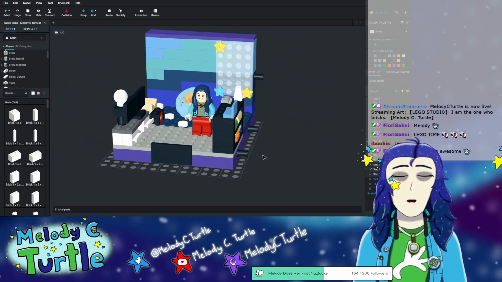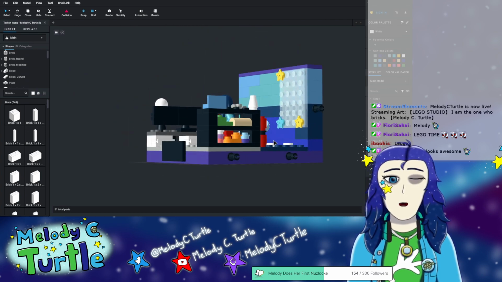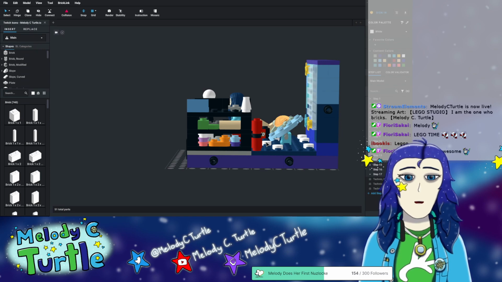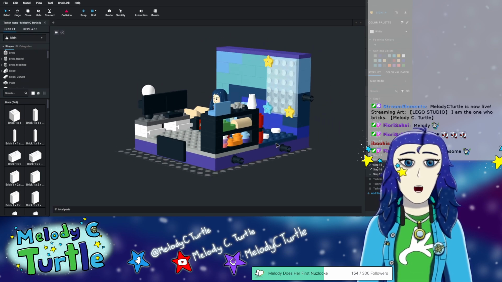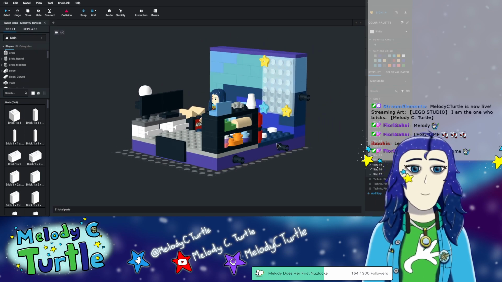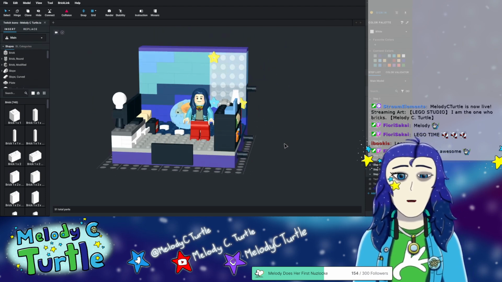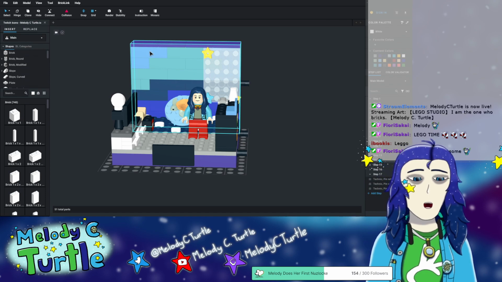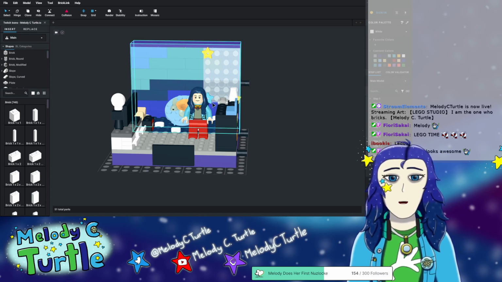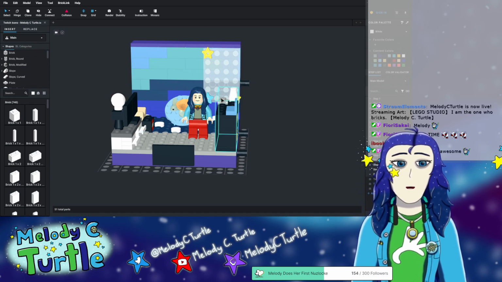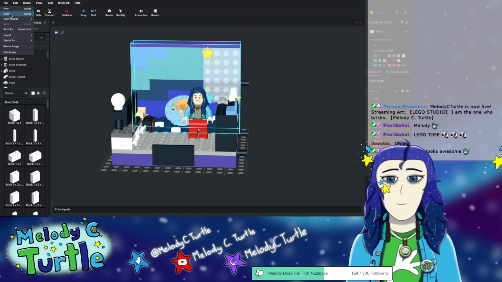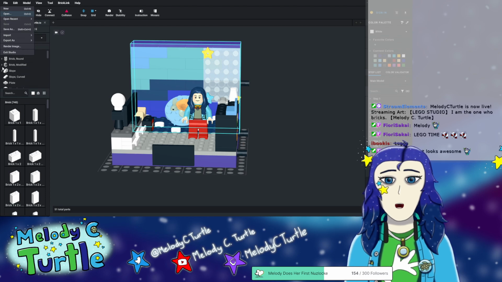Even though I feel like, because I was basing it on myself, I did kind of include things for myself that I don't think I would include if I was basing this set on someone else. But I guess we'll get into that if I ever try to make this an actual series and actually start designing sets based on other people. And the other thing I wanted to show,